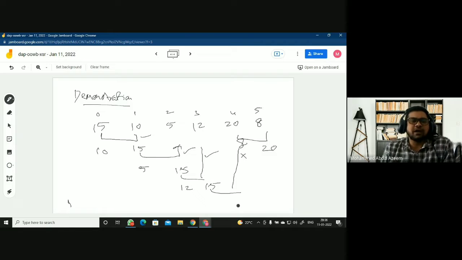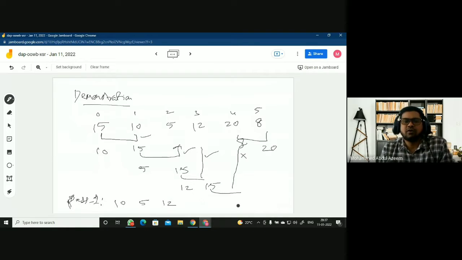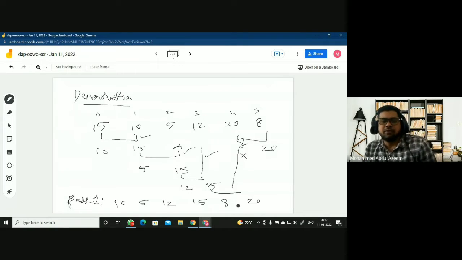So after pass 1, if you look at how the elements are seated in their respective positions: first you got 10, next 5, next 12, next 15, next 8, next 20. If you observe, after pass 1, one element has been seated in its proper position.